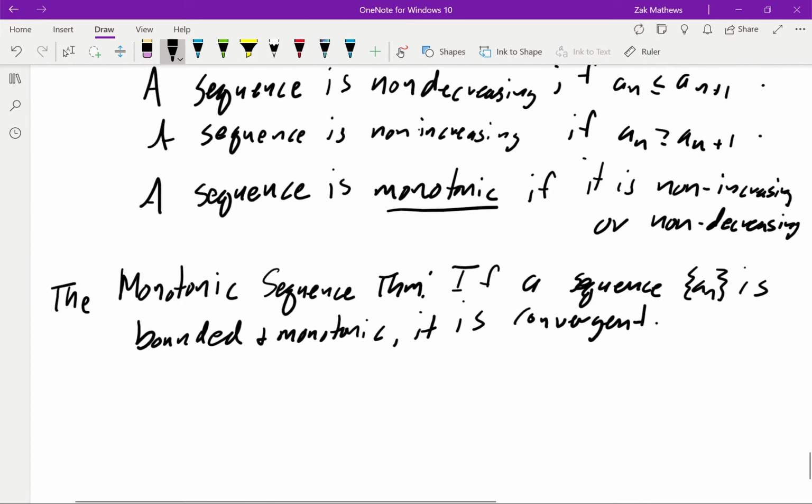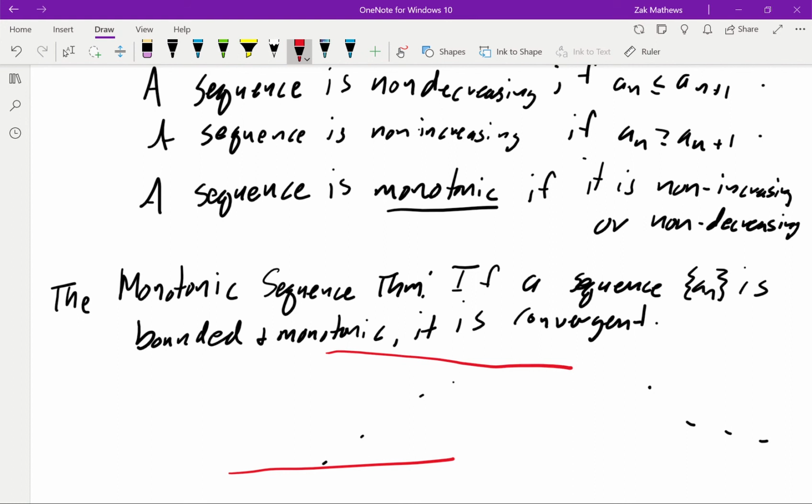So monotonic means strictly increasing or strictly decreasing. And if we also know that it's bounded, that means it has a lower and an upper bound. And so if it has that lower and upper bound, the only way that is possible is if they are converging on some single value. So I don't need to draw those going back down, but they're leveling out to a single point. Or here on the second one, we can see it's leveling off on the bottom. So clearly converging to that one value because it is bounded, has to be stuck between those two red lines. And because it's strictly increasing or strictly decreasing, then that means it has to be converging to that one single value, call it